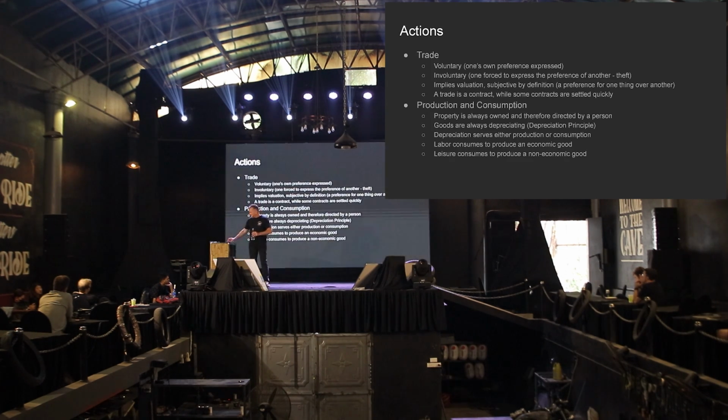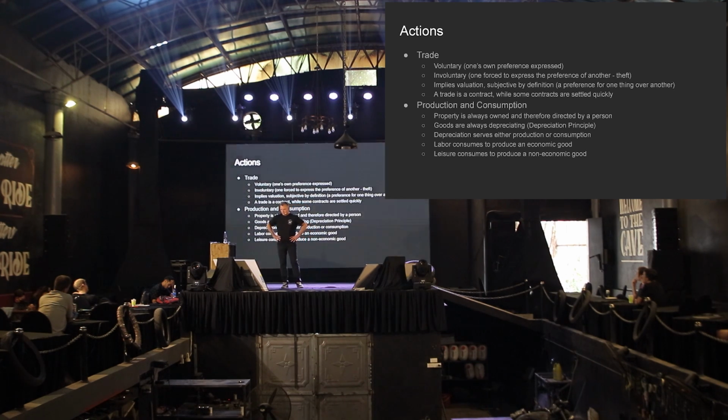Okay. So I think this is outside actions. So in the economic system that I'm describing, what are the actions? What are the things that the person does? They trade with other persons, and they produce things, and they consume things. There really isn't anything else. They either produce economic goods or non-economic goods, but while they have things, those things are being consumed.